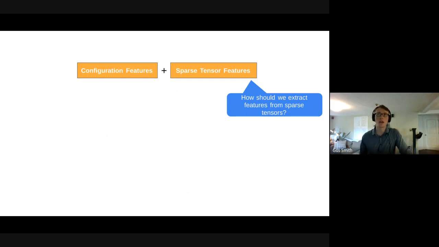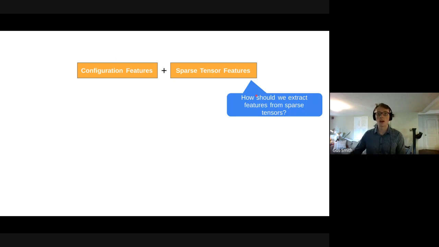To have any hope of estimating the runtime of the kernel, we need to generate features from the non-zero distribution in the sparse tensors themselves. This is interesting because now we need the user to provide a representative set of sparse tensor inputs to the kernel, and we'll talk in a bit about where we got that representative set.